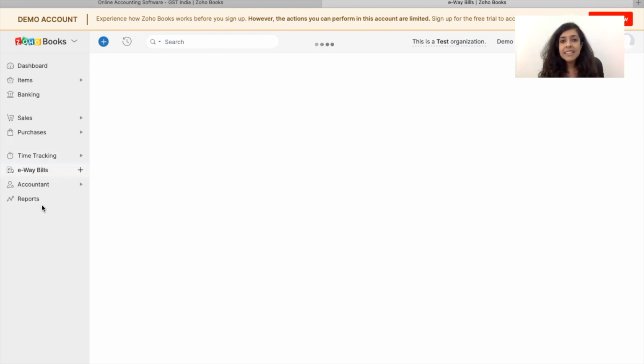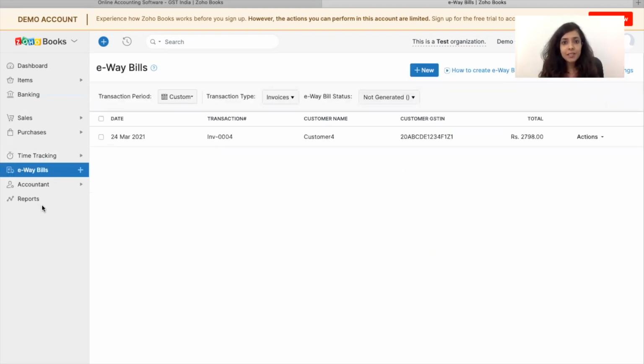You can also create e-way bills. So under the GST law, e-way bills are mandatory for transactions above 50,000, and there are other rules associated with it. You can also create e-way bills directly through API integration. Zoho Books also has an option of filing GST returns, as in uploading the GST returns from Zoho Books to the GST portal. Of course, in this demo version right now, you can't see that option, but if you take up the trial version, you'll be able to see that option.